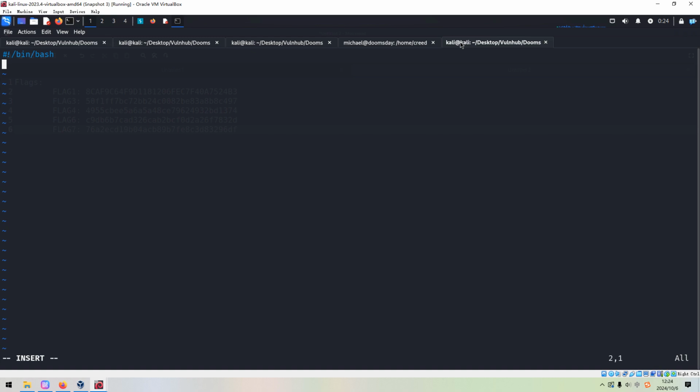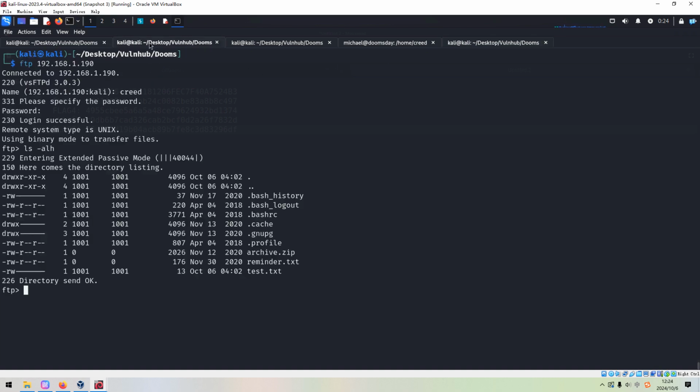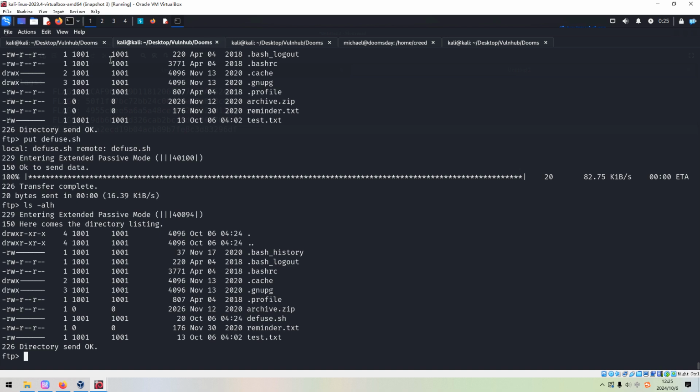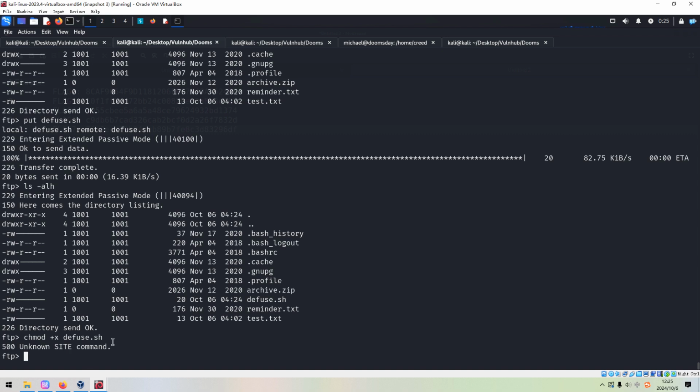You can use any command, like a reverse shell command, but the simple one is to use the command bash with the option -i, interactive. Now we can put diffuse, and now can we change mode, because now this file doesn't have permission to execute. Diffuse. So, one line command.